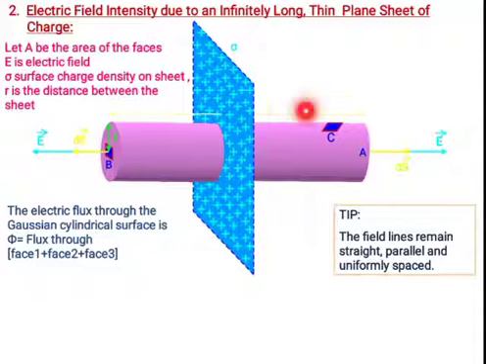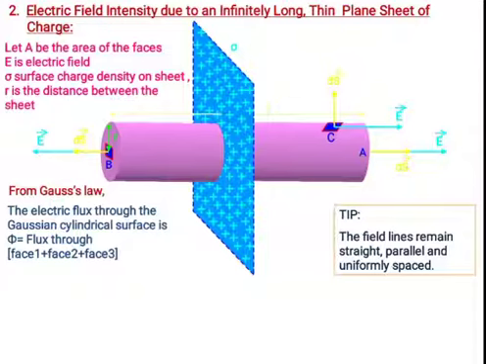Suppose we consider a curved path cross-sectional area, then this is the electric field E. The direction of the electric field is outward because the charge is at point C. The electric field at A is outward, and at B is also outward. But what will happen to the area element here? That is perpendicular to the electric field, which is a normal. We call it a normal.